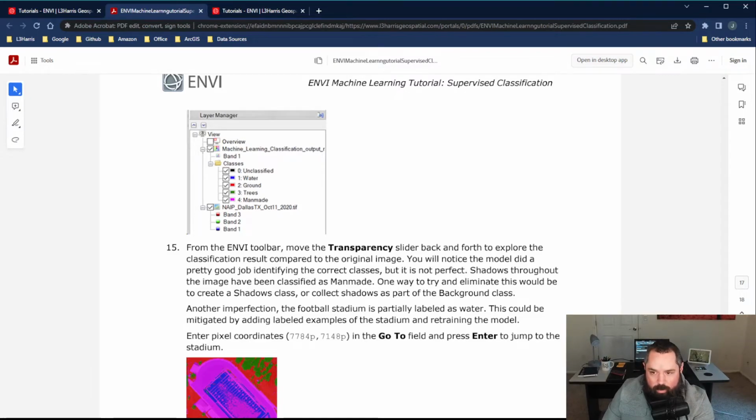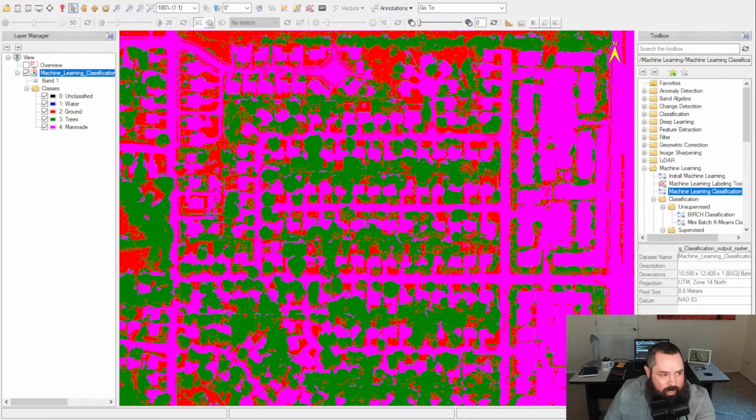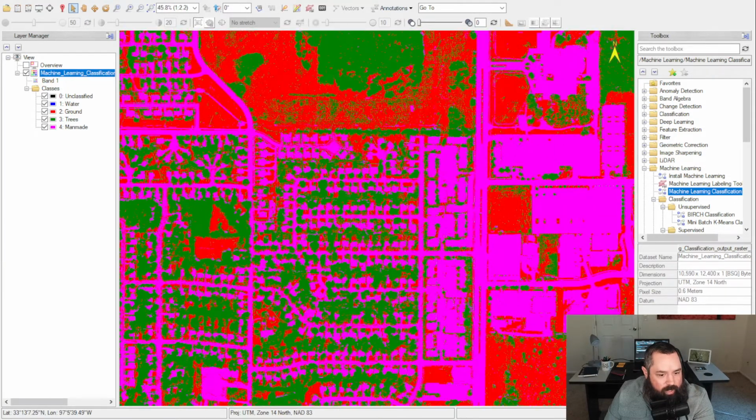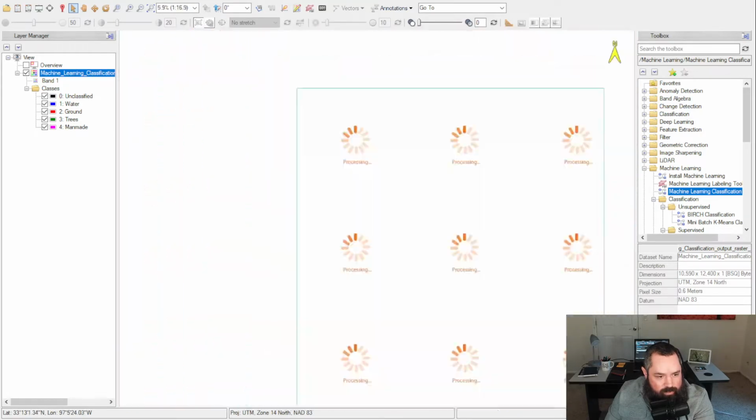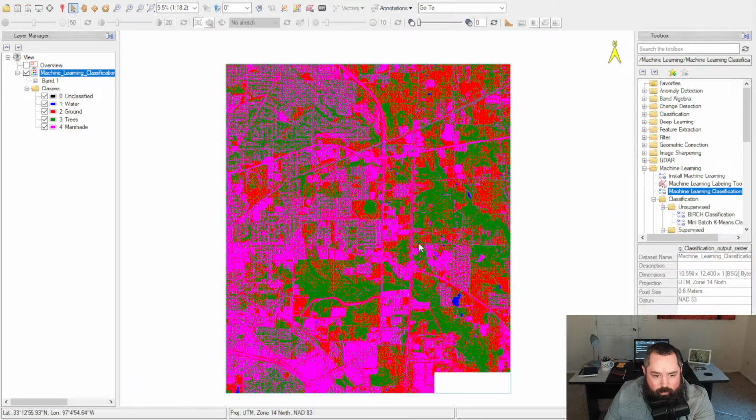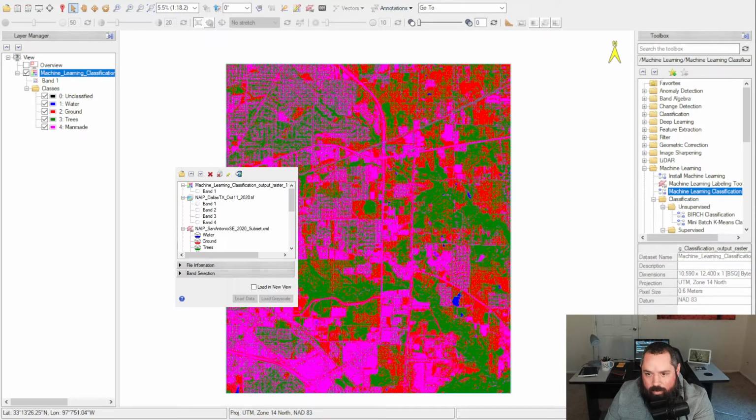So let me go back here. Here's my ENVI, and the machine learning classification result just popped up. On the bottom right here, it says that we're building pyramids for this classification image. Okay. So if I remember back, I'm going to go to my data manager and see if I can bring this up in OBS. That's going to be data manager. There you go. And then if I right click this and say load default,